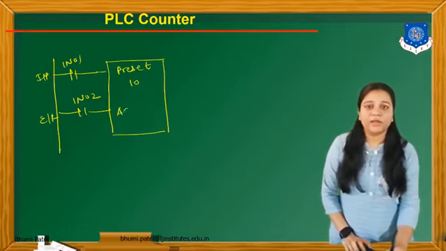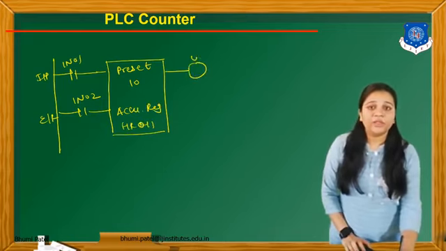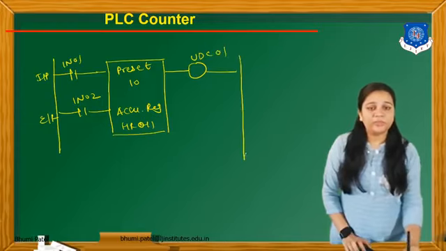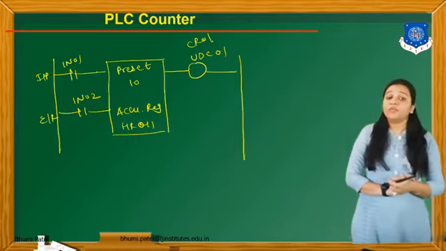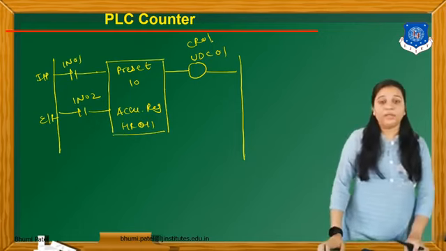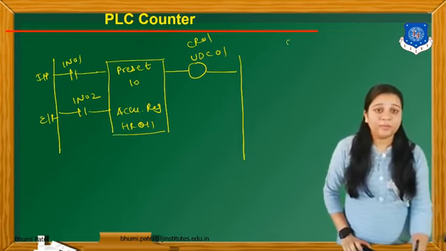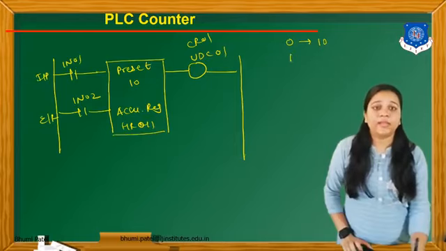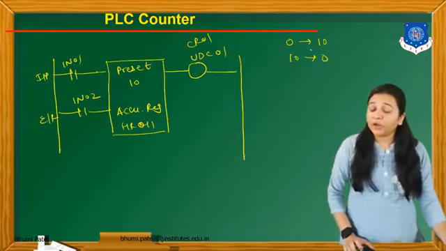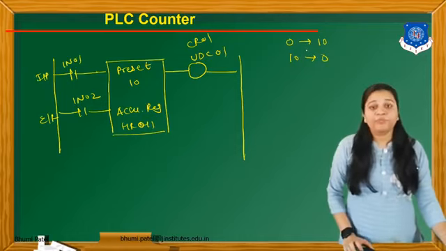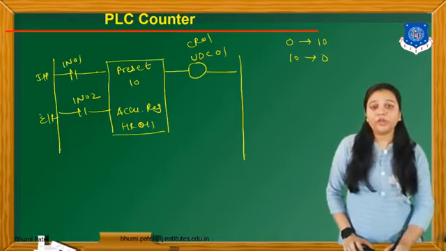Suppose we take 10 here. This is my accumulator register HR011, and the command for the up down counter is UDC01. This is the command of this signal, and CR01 is my output name. So whenever we use the combined up down counter, the count can change from 0 to 10 and then 10 to 0. Okay, so the up down counter is used for this special application. So this is the diagram of the up down counter.